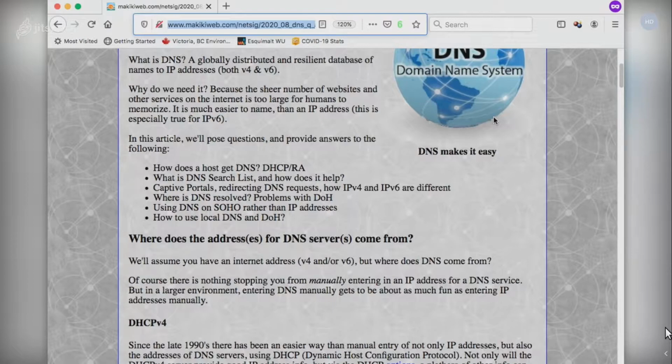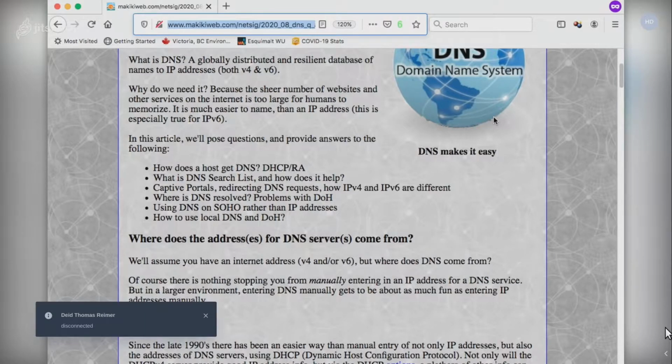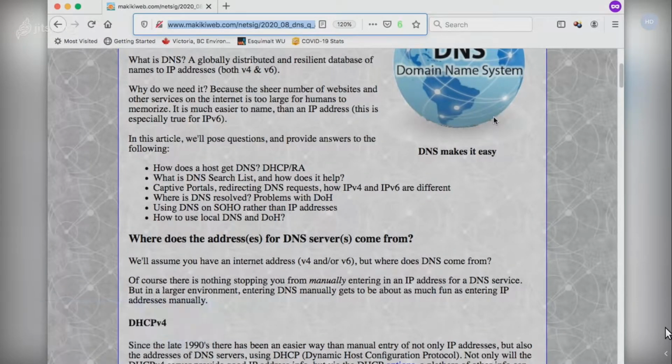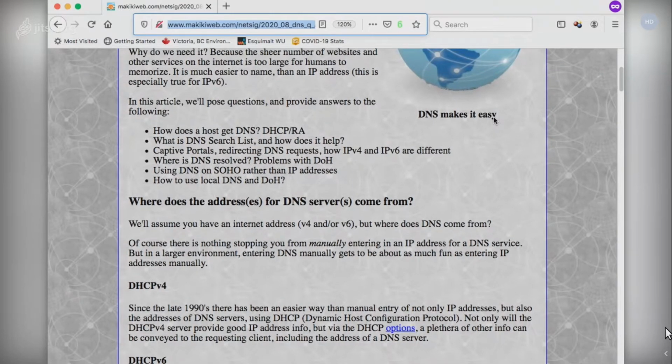And we'll talk about using DNS in the small office, home office, rather than using IP addresses of your file server in the basement or whatever. And is it possible to use local DNS? As I said, with IPv6, DNS is going to be your friend, and use DoH. So that's what I'm going to cover in this presentation. Anyone have any questions about that? Okay,